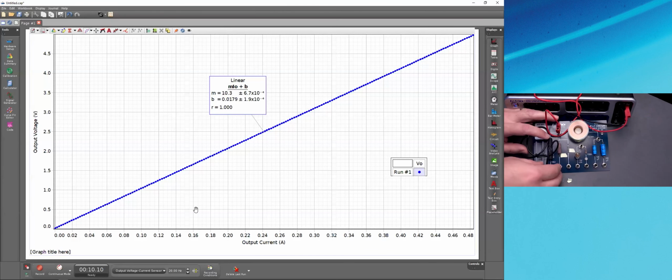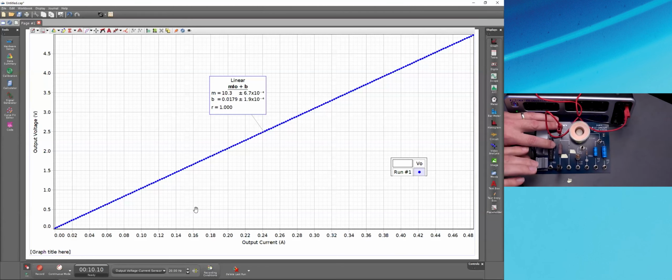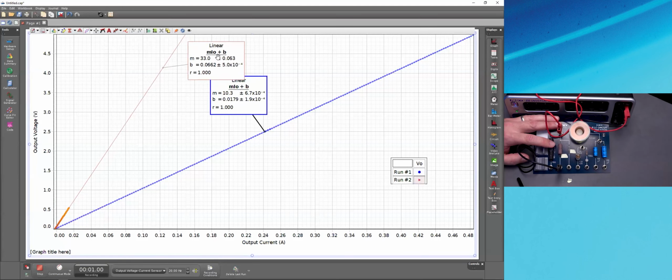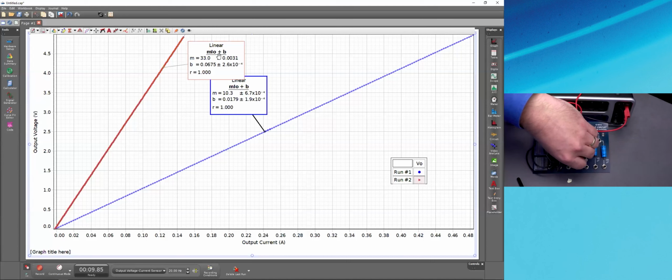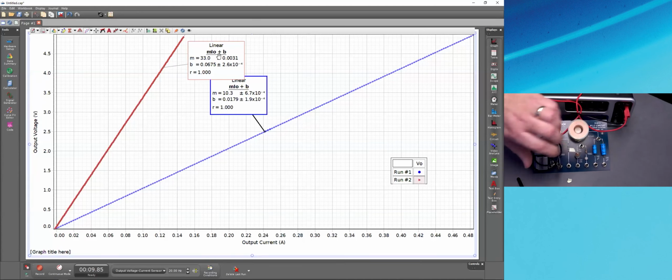So let us switch from this large physical resistor to the next smaller, physically smaller resistor. And I'm going to turn on the data selector button so we can see both runs at the same time. I'll hit record. And here we can see a linear fit to this new set of data, voltage versus current. Looks like it has a slope of about 33, and no surprise, that's a 33 ohm resistor. So we can collect some data here to get some understanding of the linear relationship through a resistor, at least, of voltage versus current. Now we might challenge our students and say, well, what do you think would happen if